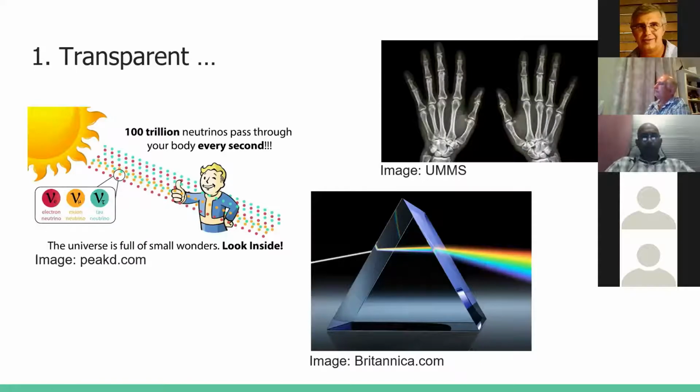Let's look at transparency. On the left, for instance, is just an example. I'm not saying neutrinos are photons, and I'm not trying to imply that. I'm just wanting you to get the analogy here, that at every second, 100 trillion neutrinos pass through our body, and that is just from the sun. The other number that comes up is 10 billion per second through the nail of your thumb. So that is the quantity. Now, we can't feel that. We don't know that that is happening. That is, again, an image that I want you to take forward with you.